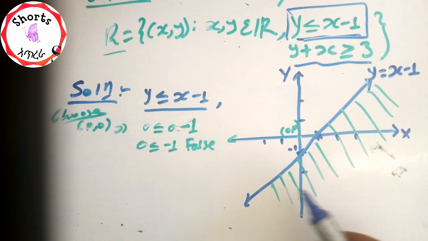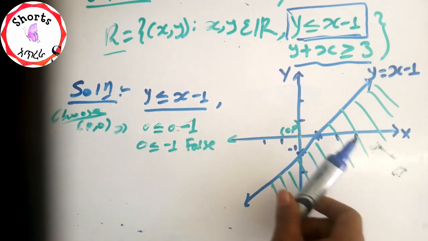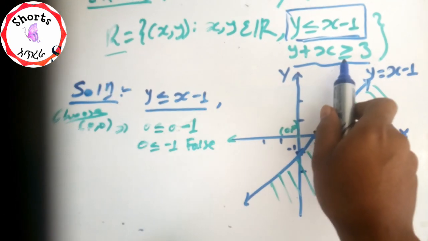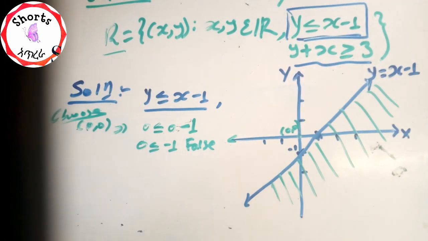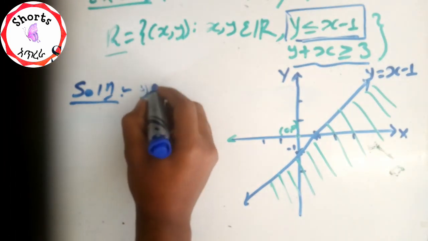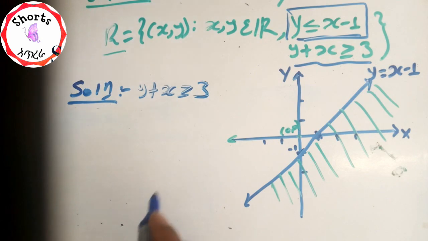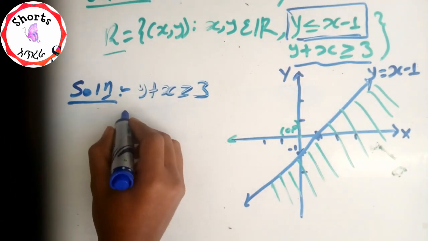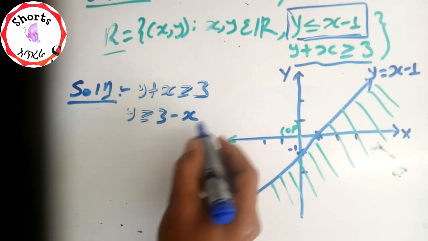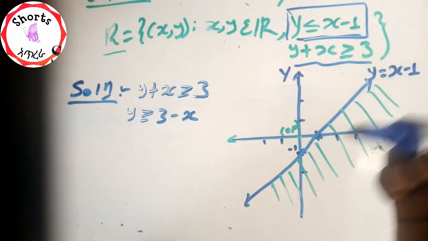Okay, this is the graph for the inequality y less or equal to x minus 1. Next we have to find the graph for y plus x greater or equal to 3. Now the second inequality is y plus x greater or equal to 3. Let us rewrite this inequality in the following form: y is greater or equal to 3 minus x, subtracting x from both sides, similar to the above